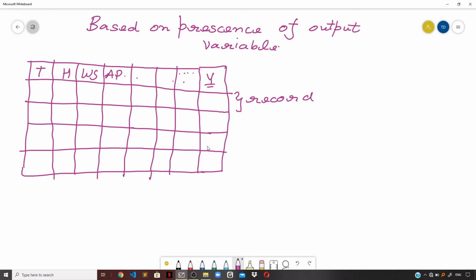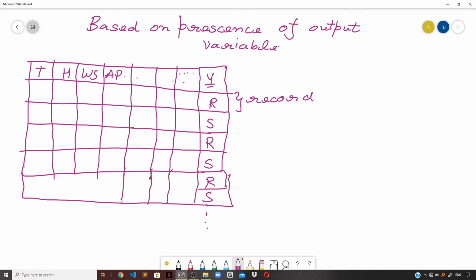Now you want to predict whether a particular day is sunny or rainy based on these input variables. And let us say we also have whether a day was rainy or sunny, so let us record that into our data set. So we are given that this particular day we had rain, this particular day was sunny, rain, sunny, and if we have more such columns, we can keep on extending this: rainy, sunny, and so on. So continuing further,